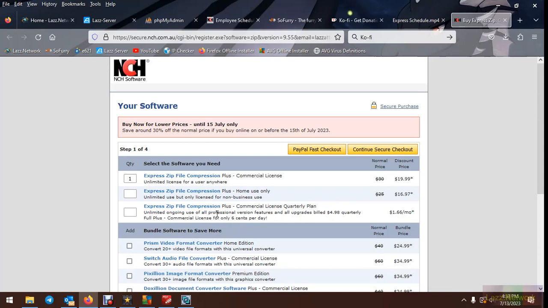Yeah, so I guess that ain't bad there if you want the quarterly plan. And then you also get newer versions too, because that's the thing to keep in mind with the NCH software: whenever you buy something at that time, it's only for that version too. So that's the thing to keep in mind as well. I probably haven't said that in any of the videos, but that's the thing you got to keep in mind is,